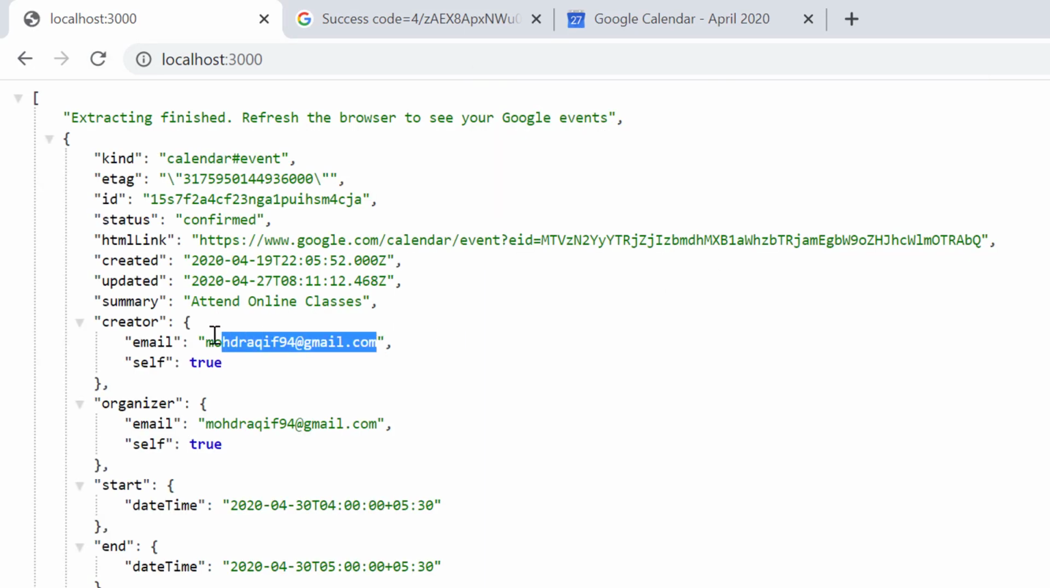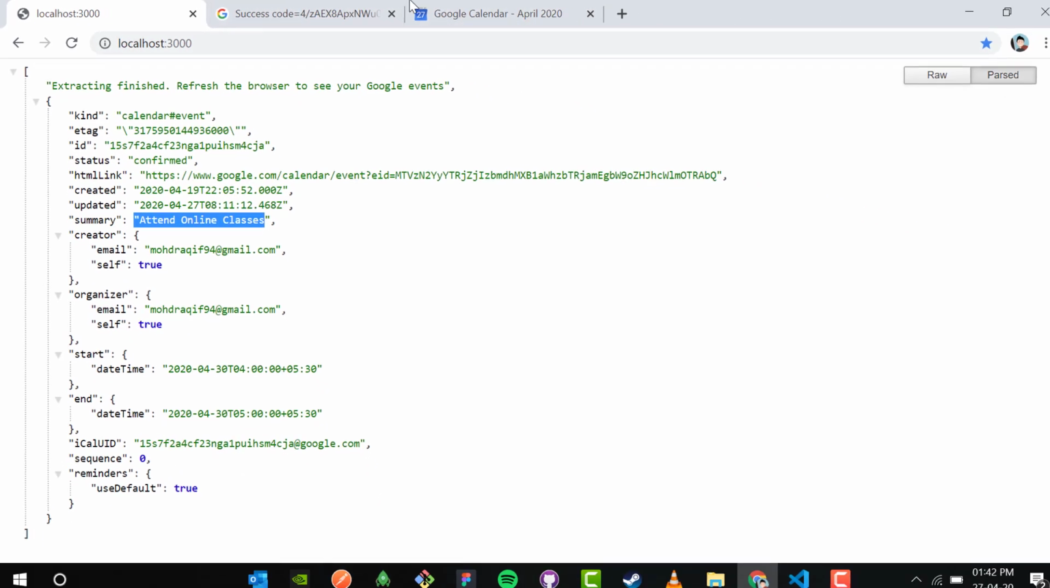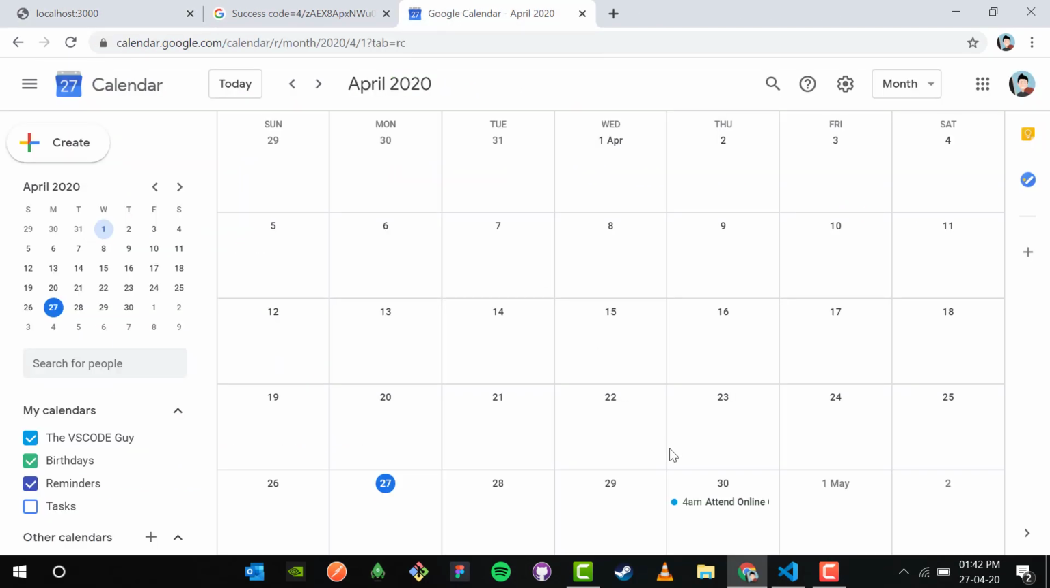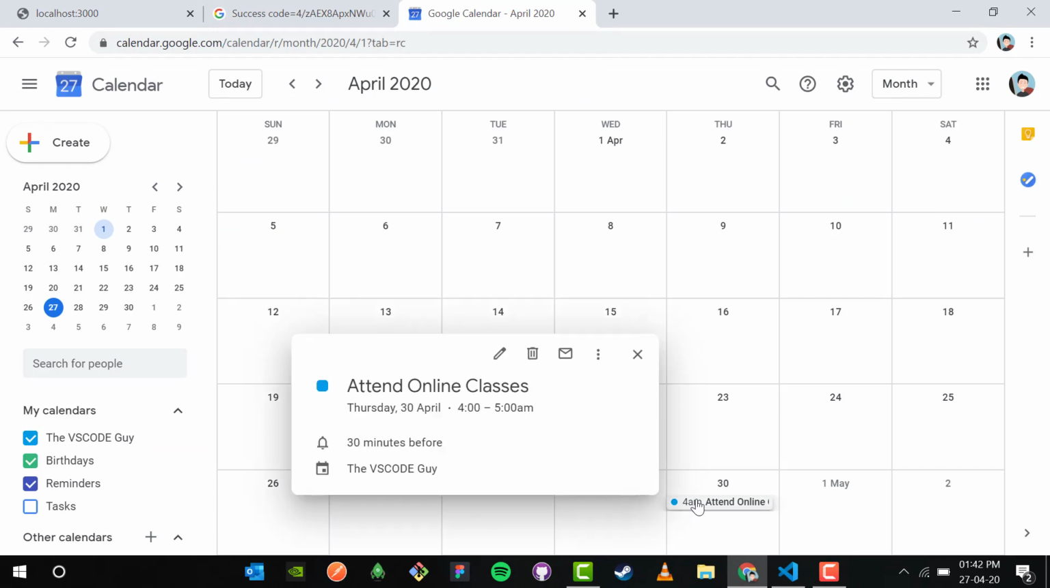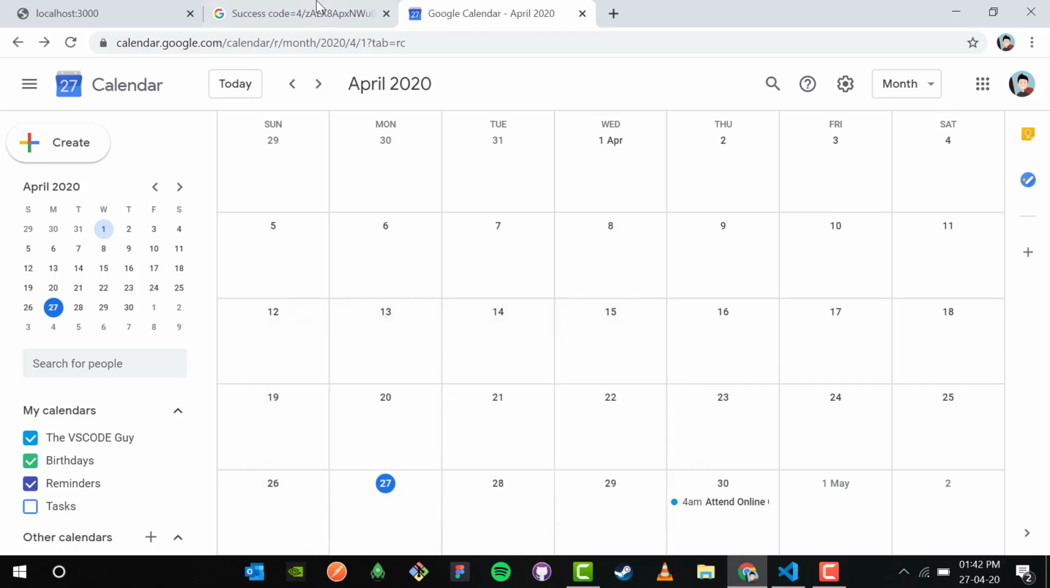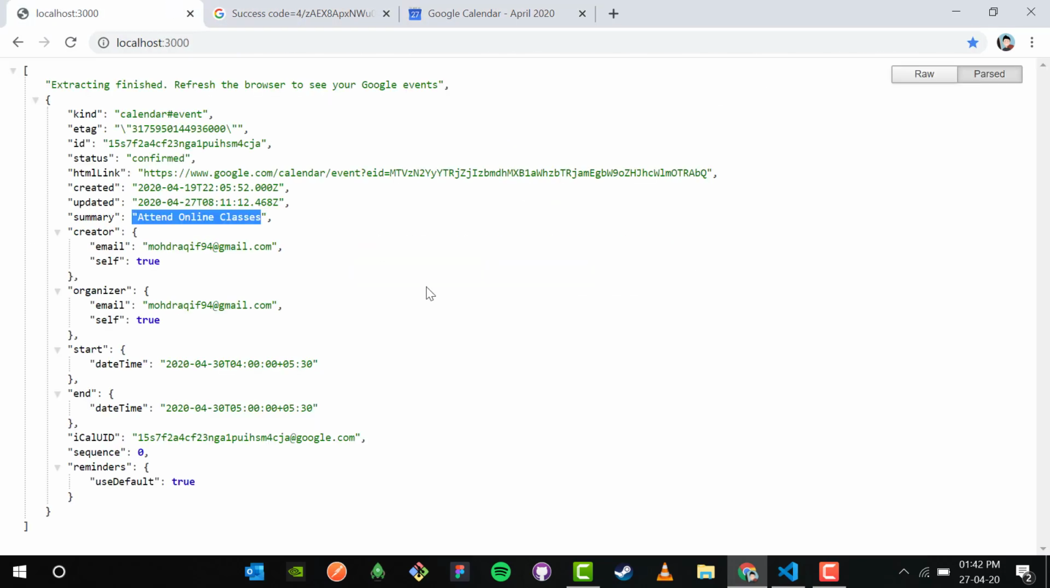I'm going to refresh the browser and it will show me the results inside the Google Calendar. Now I have this email ID and I have only one event, that is attend online classes. So let me be sure. This is the event attend online classes in my Google Calendar. So it is giving me all of my events. Okay, if I now go back to my application,